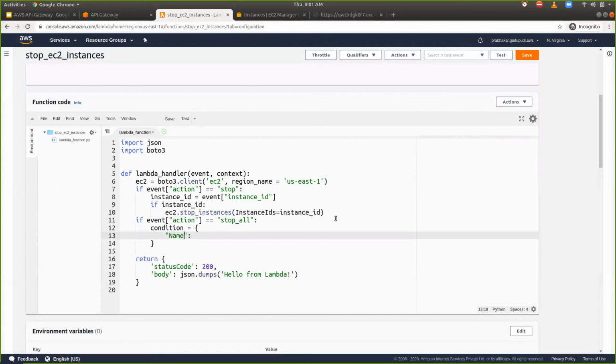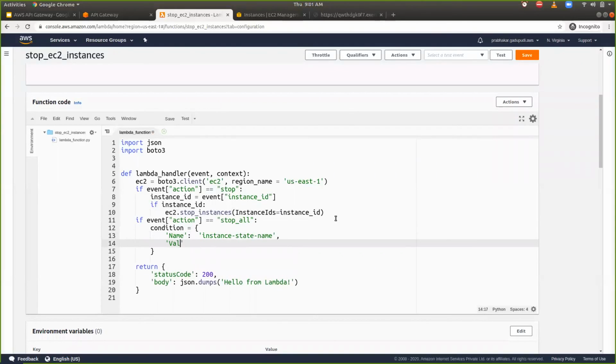Okay, here let's take an example, instance-state-name, and I want to extract all the values of EC2 instances whose status is running. All running instances I can get.